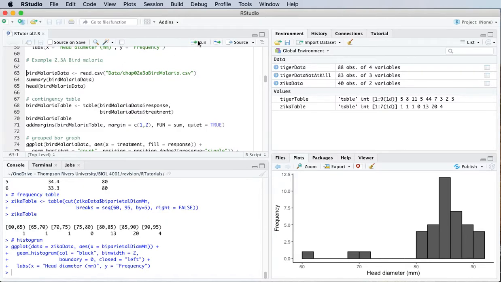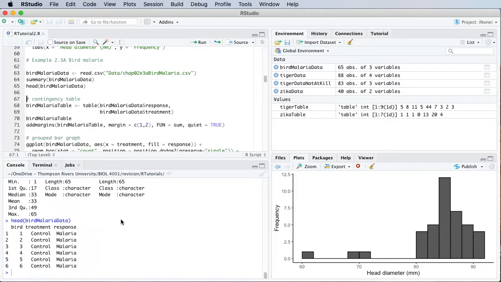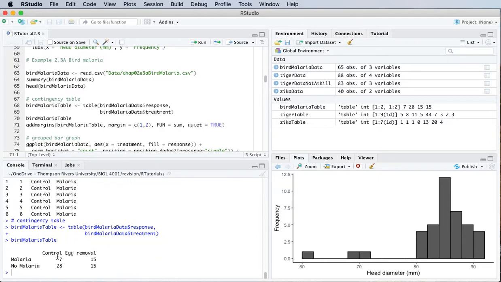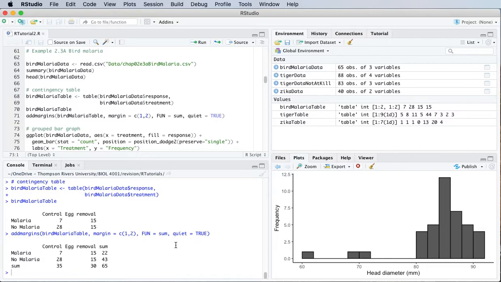So here's an example data set with two categorical variables, treatment and response for bird malaria. Let's look at a table so we can see exactly what we're looking at. It looks like treatment can either be control or egg removal, and the response is either malaria or no malaria. And I can add margins to that table. So this is called a contingency table,